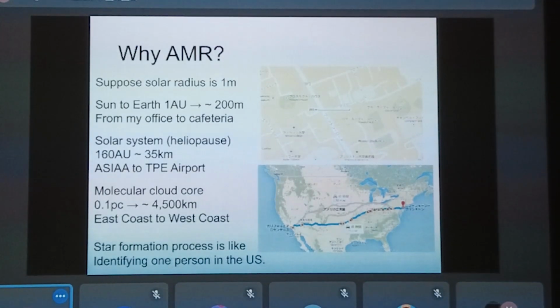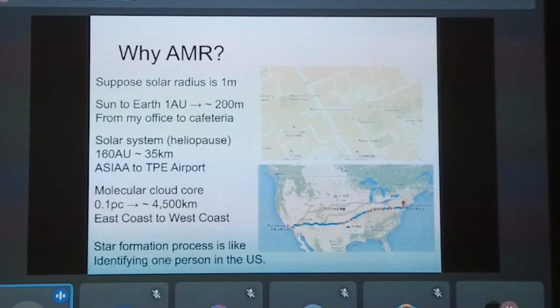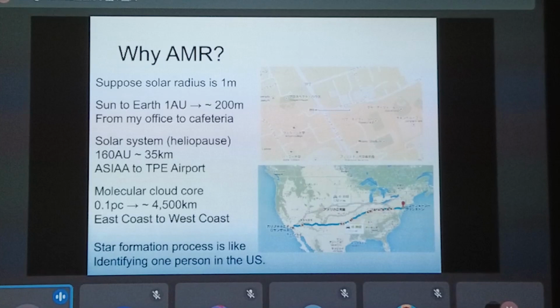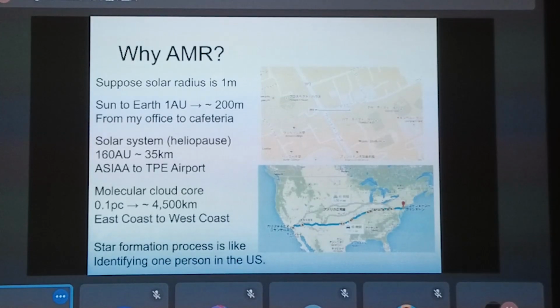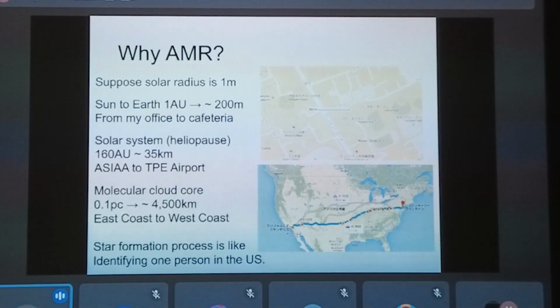And the size of the molecular cloud core, which is the initial condition of star formation, is on the order of 0.1 parsec. So this is about 5,000 kilometers, like the size of the whole US from the East Coast to the West Coast. So the star formation process involves a dynamic range like identifying one person in the US.